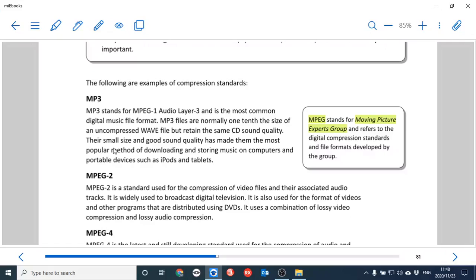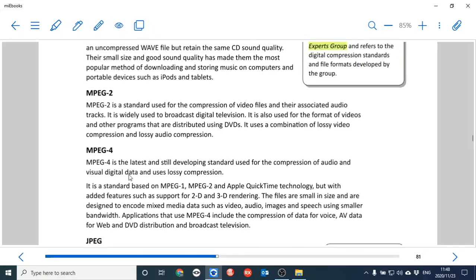So imagine that you can save 10 tracks on your cell phone or your iPod or whatever instead of just one. Clearly you can see the benefit of that. MP3 files are normally 1/10 the size, but they retain the same quality that we can pick up. Their small size is good for downloading, storing, and sending from person to person.